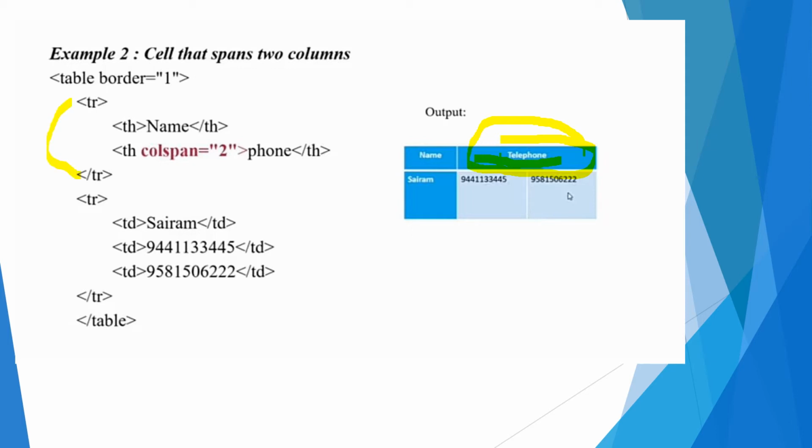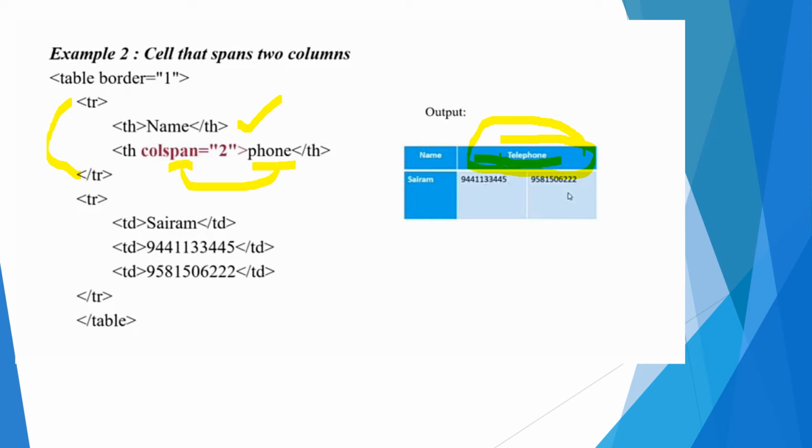In the first row we give table headers, name and phone number, where the phone number is spanned across two columns. Nowadays a person has more than one mobile number, so to represent two mobile numbers, we have spanned the phone column across two columns.